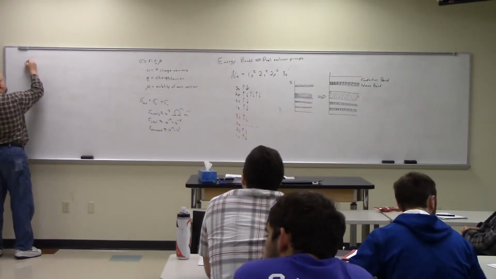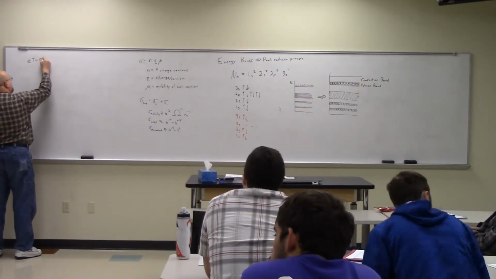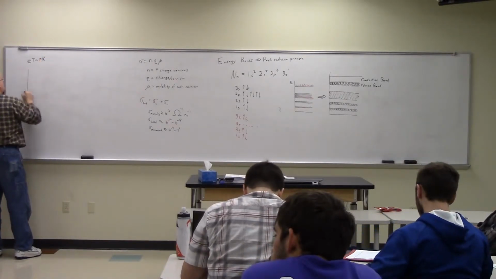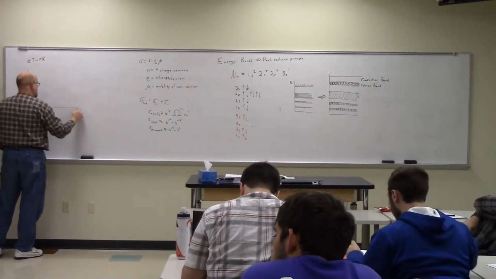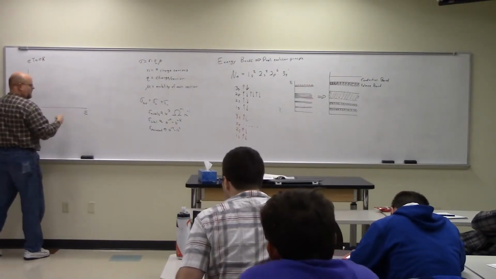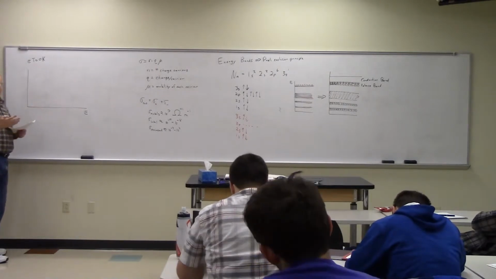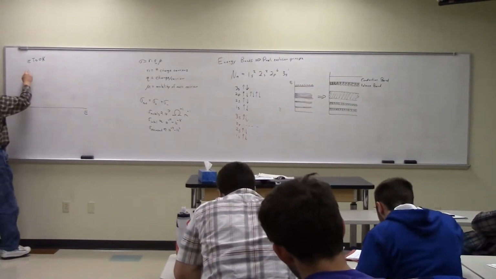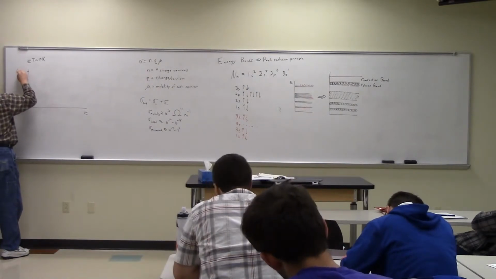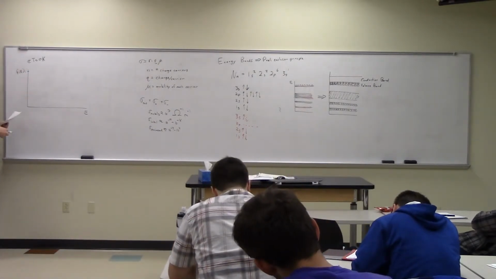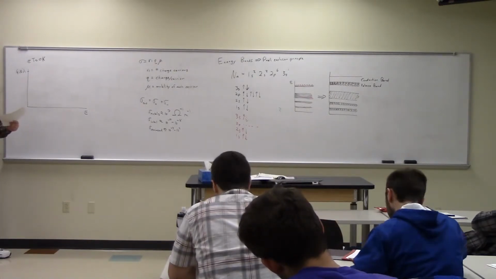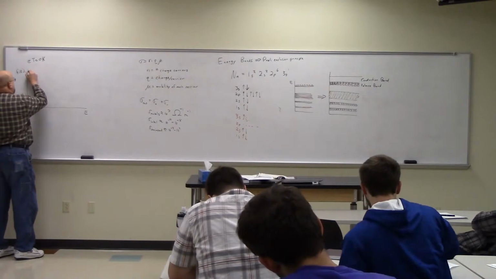So at T equals 0 Kelvin, now I'm going to plot energy on the horizontal scale. It's the same energy, I'm just plotting it on the horizontal scale, because I'm going to plot a probability distribution, F of E. It's the probability of finding an electron at a particular energy. So at 0 Kelvin,